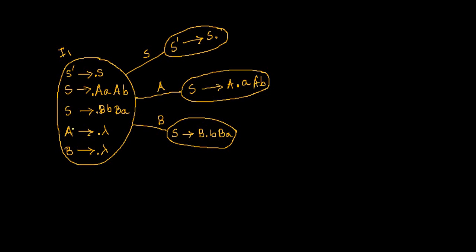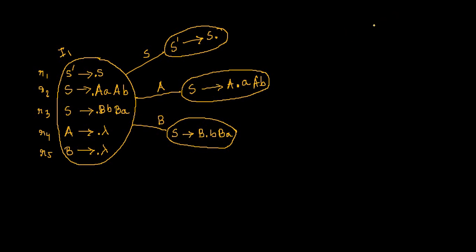So that means I can say that in the state I1, I have a shift move for 3, and the last 2 was actually a reduce move, because there is nothing to shift. Lambda cannot be a valid terminal. So clearly there is an SR conflict in I1 itself, because it is rule number 1, rule number 2, rule number 3, rule number 4, and rule number 5.